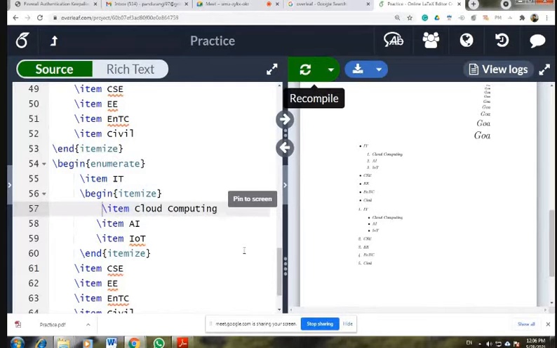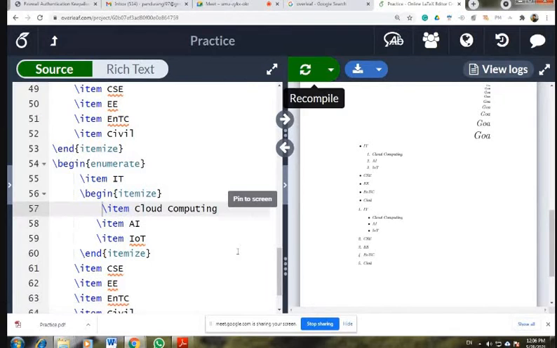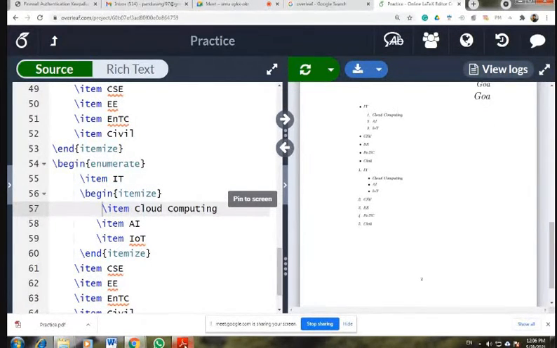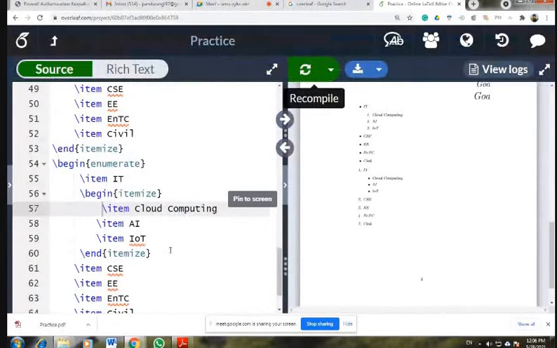Okay, sir. Practice is very important. Unless and until you practice, it is difficult. Practice is important for LaTeX. But once you finish writing one paper using LaTeX, then it is very easy to work with LaTeX, right? There are so many helping communities online available to help you. But practice is important. Okay. So is it clear now how to make a bullet list and nested bullet list? Any doubt, you can ask me.